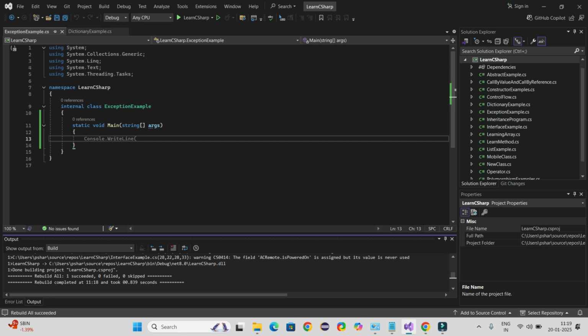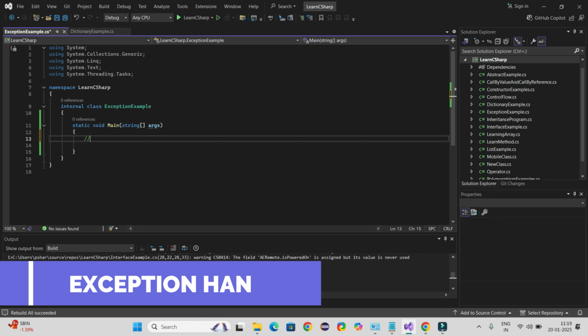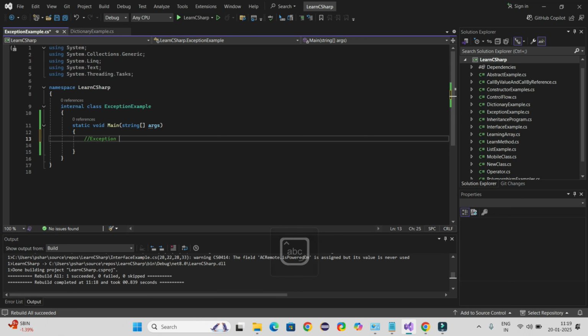Now we shall see the last topic for learning C sharp, which is exception handling. Alright, so in here, exception handling in C sharp